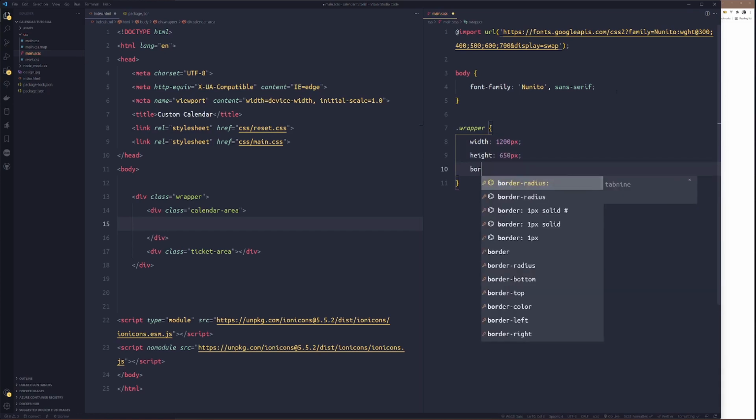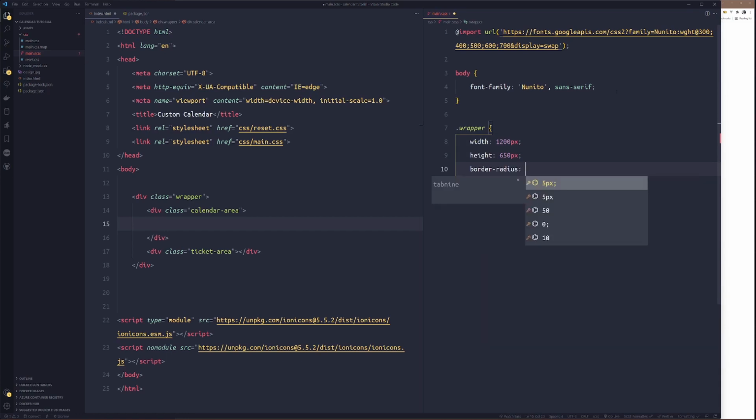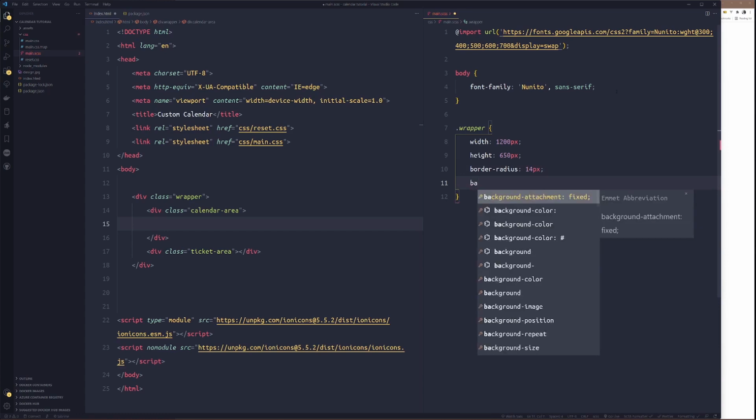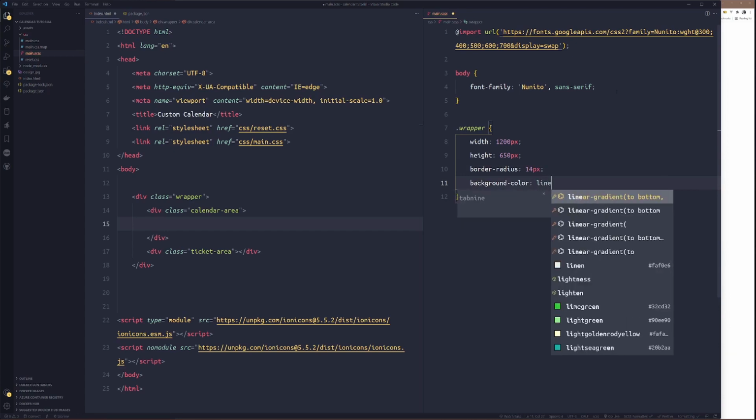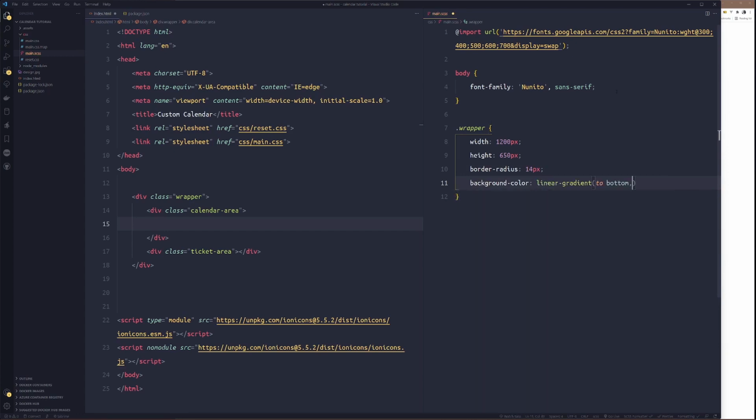Then border radius will be 14 pixel to curve the edges of that rectangular box. Then the background color will be linear gradient top to bottom right.